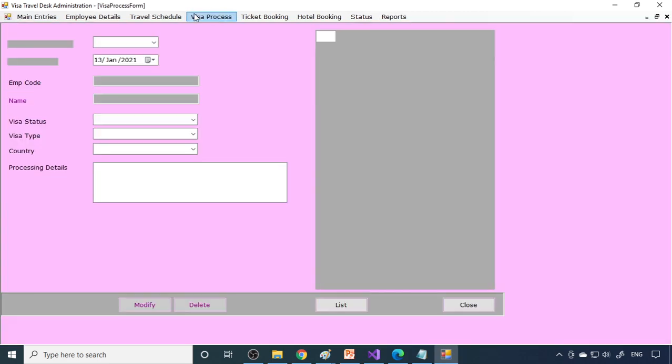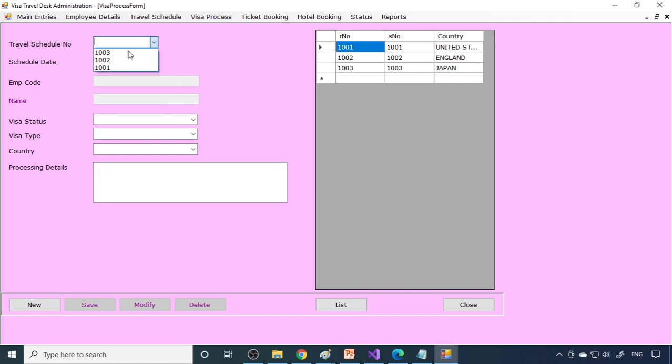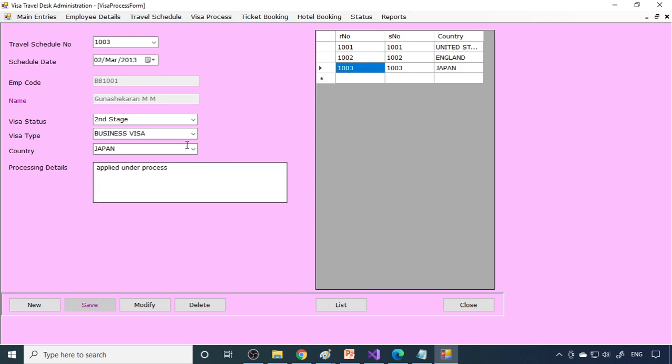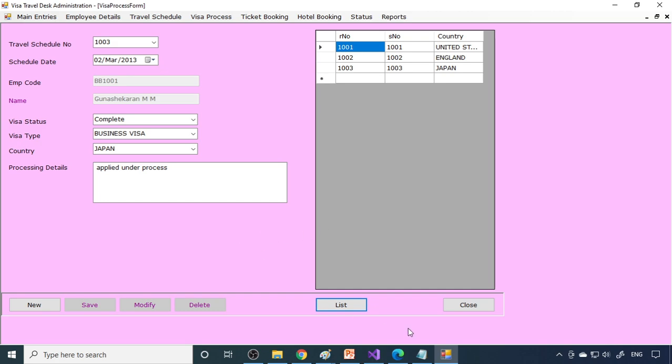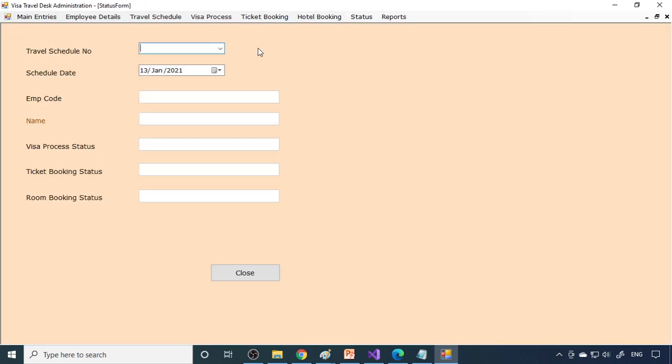So now we come back to visa process and we can select this 1003. So now what you can do is, here is a status, we can update this to complete. So it's completed. Now if you come back to the status here, 1003, now this is complete, this is complete, complete.